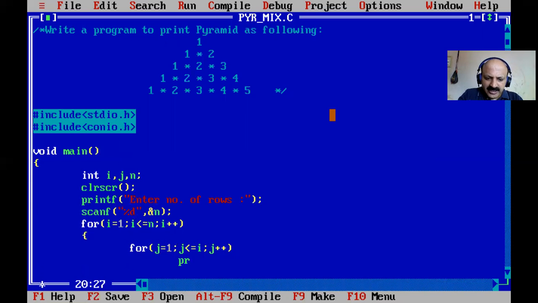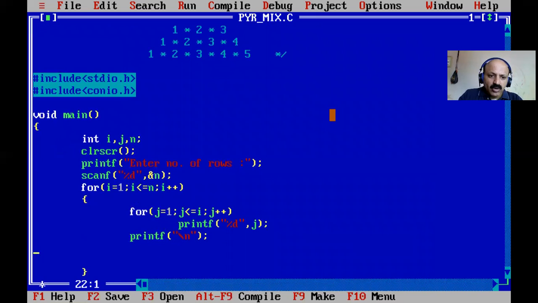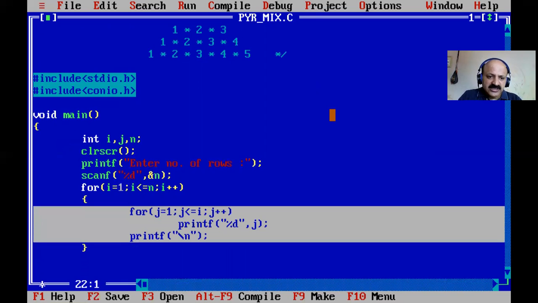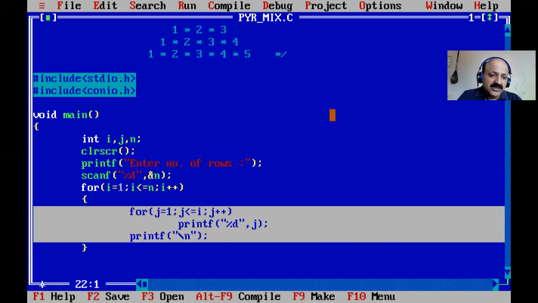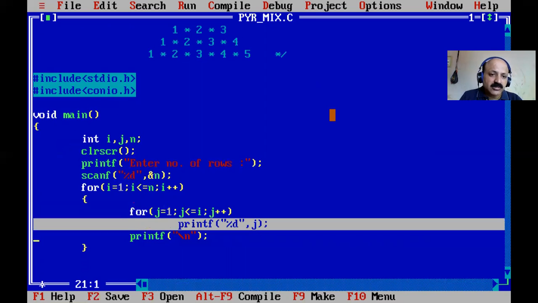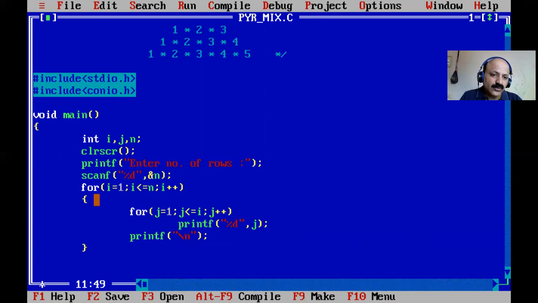Okay, and then we can first print, that is also required for this pyramid. Yes, j, we have to print, and then slash n. That is an outer for loop statement, so alignment, perfect alignment. Here we cannot provide a tab. All these three statements are the outer for loop, but one statement is the inner for loop. So all three statements we can say are outer for loop statements.